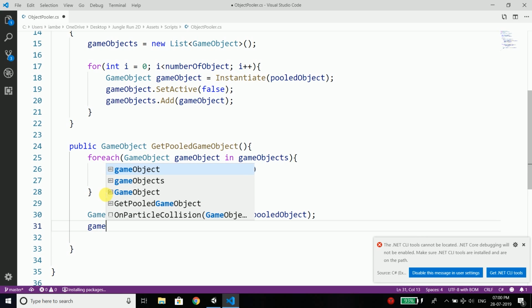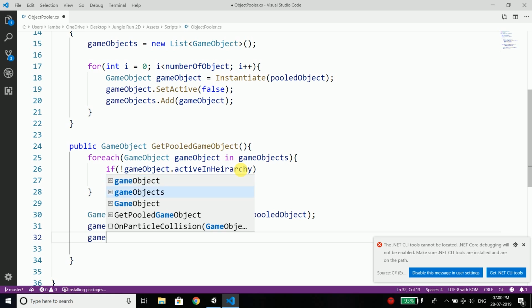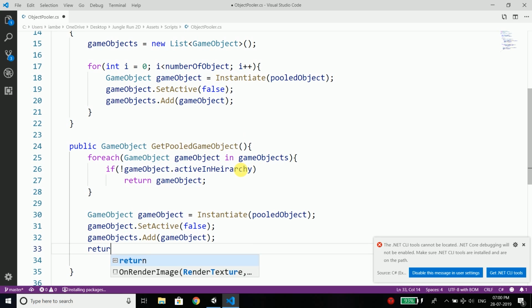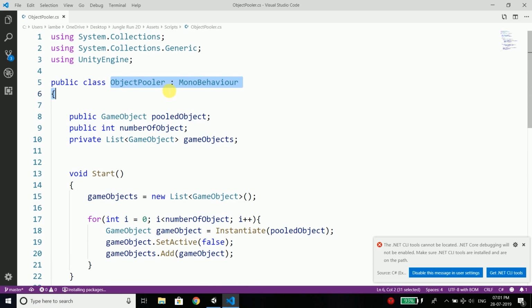We will set the gameObject.SetActive to false, and we will add this game object to our list. So we will write gameObjects.Add and then gameObject, and then finally we will return this game object. That's it. So we have our ObjectPooler class,